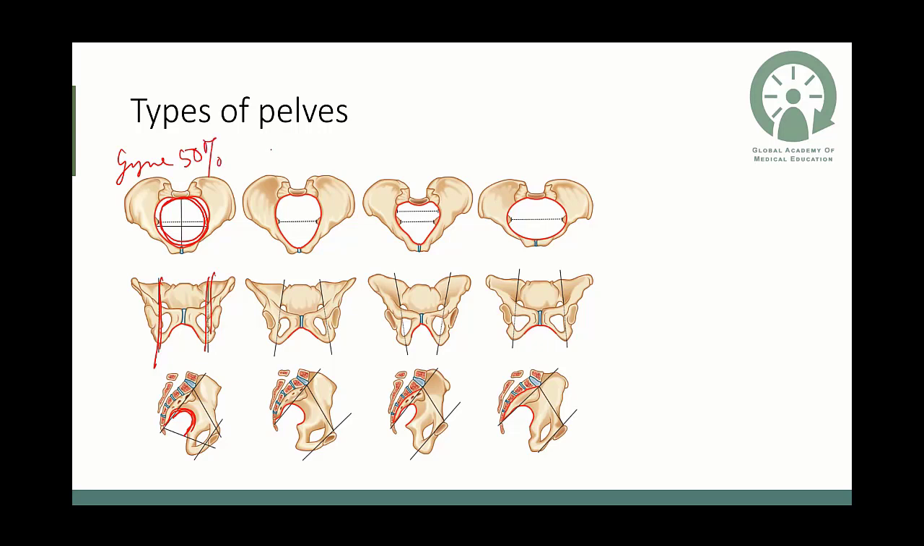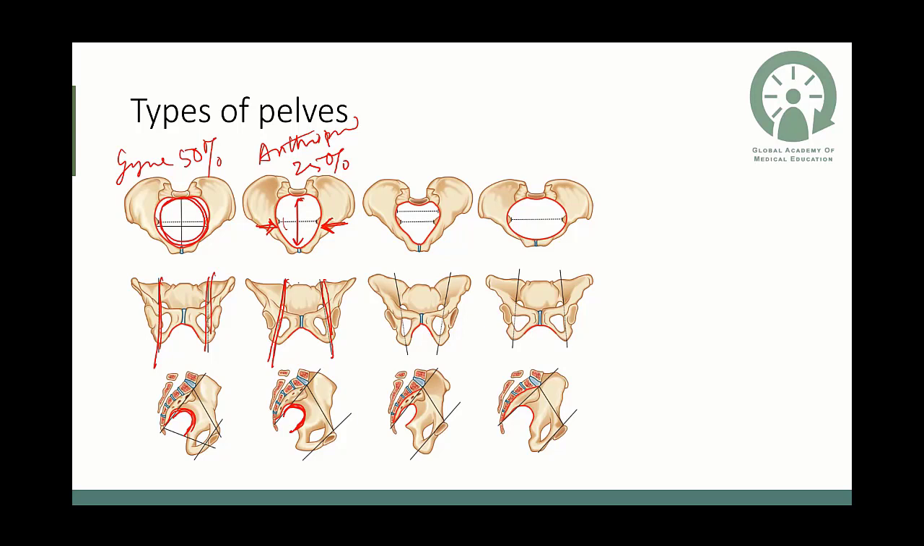The next commonest is anthropoid, the monkey type. Yes, we are descendants of monkeys. So this is about 25%. This pelvis is anteroposteriorly long and the bispinous diameter, or the lateral diameters, are compressed. It becomes roomy as it goes down. So there is a divergent pelvis and a roomy sacrosciatic notch. So this pelvis, once the brim is cleared,